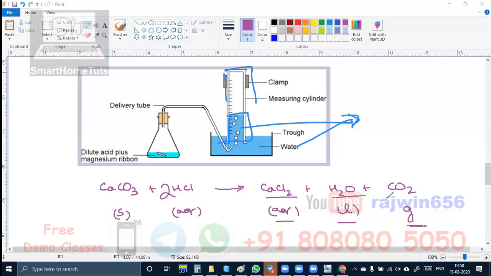You should understand this, that you cannot use water soluble gases over here. CO2 will get dissolved in water. So in that case, only the gas syringe method can be used. You getting this point? Carbon dioxide is water soluble. You can use this method only if that gas is insoluble in water. If hydrogen is formed, then for that reaction you will be able to use it.